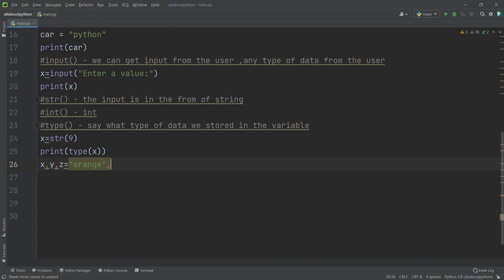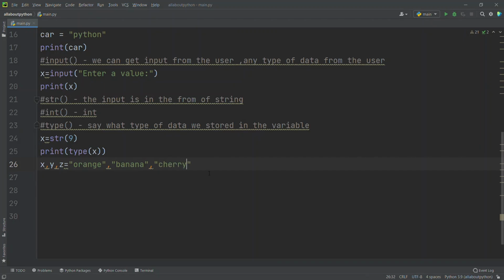I am writing orange, and I am giving a comma so that it can define this orange for x, right? And by seeing the comma it can define another string for this y variable. So here I am writing banana, and one more string is there, cherry, right?